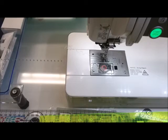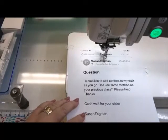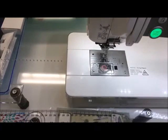Yes, we are. Okay, the next question I'm going to answer is from Susan Digman. And Susan asked, I would like to add borders to my quilt as you go. In other words, those of you that were with me a couple weeks ago, I don't know when it was, I showed you how to do the quilt as you go method, and that's what she's referencing. Do I use the same method as your previous class? Please help. Okay, so what I did is I dug out from my previous class,